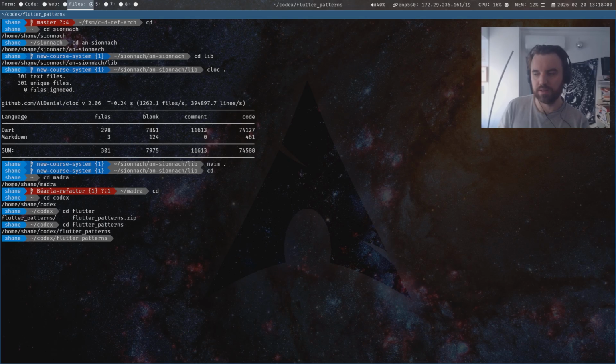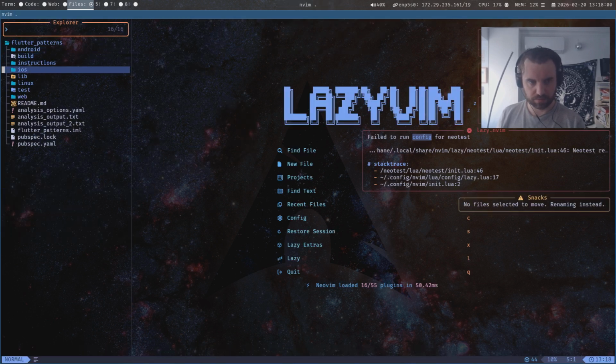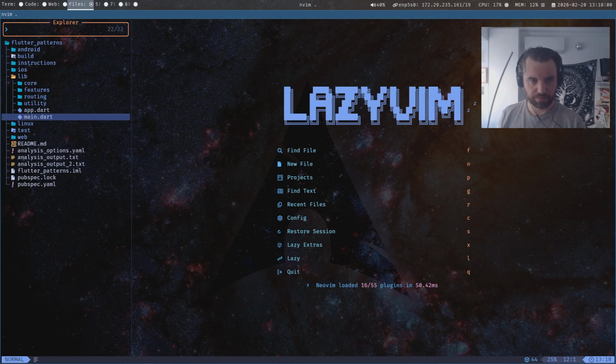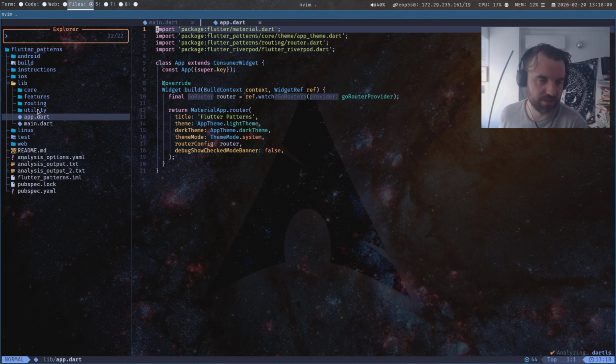This is basically me trying to distill down the core Flutter patterns and make it an example project, to have people learn, but even for myself to drill on it, because I do that a lot to memorize syntax. So what I mean by that is, this is just a basic app. You have your main, your app. It doesn't even have persistent storage.